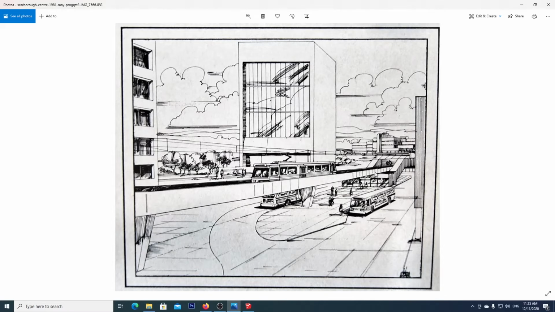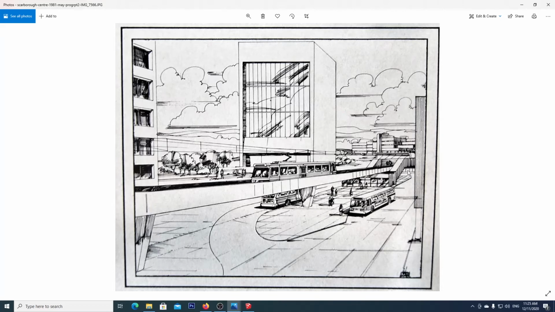This model I didn't make one of because I didn't really feel like it, but at the same time, there's a lot to really try to unpack here, because the bus terminal is at the street level, which, you know, same as it is today. You'd have the streetcar platforms above the bus bays, but it certainly looks like the entrance to the mall would have also been at the same level as the streetcar platforms,